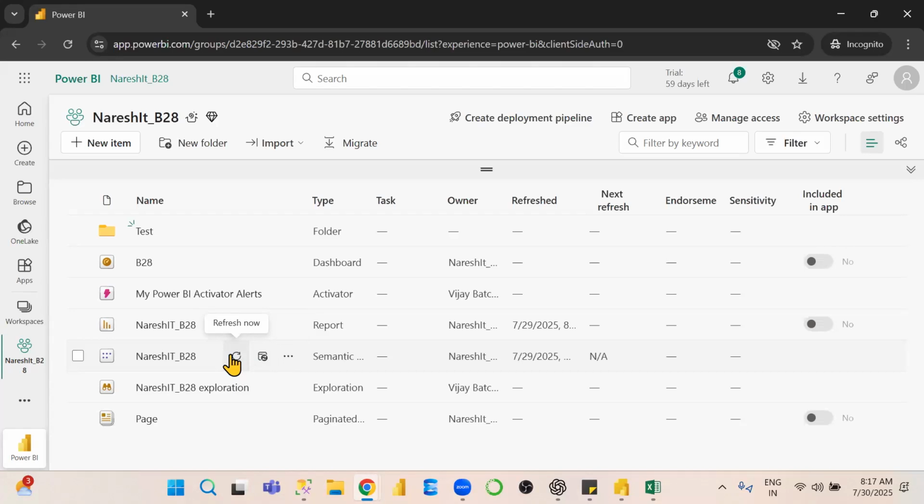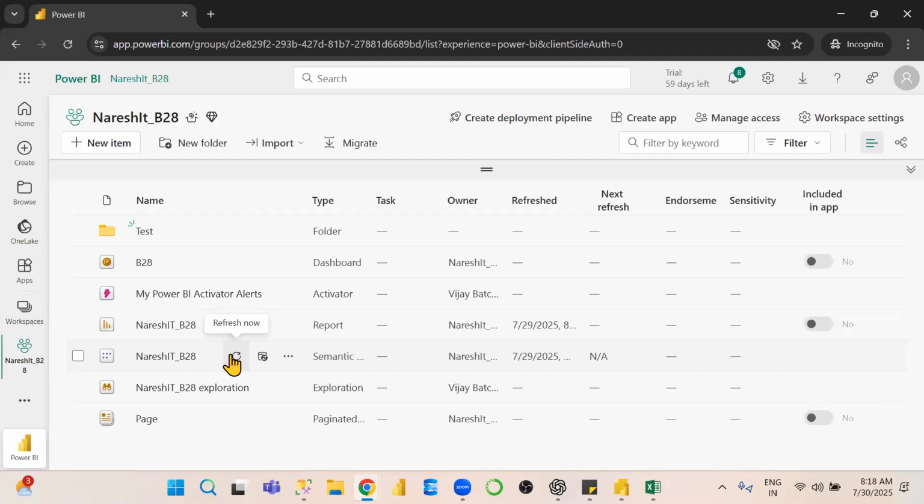Some are on a local system, local Excel files, some are SQL. So in Power BI service, you cannot directly click on the refresh option,